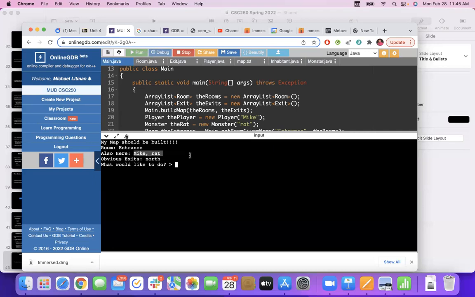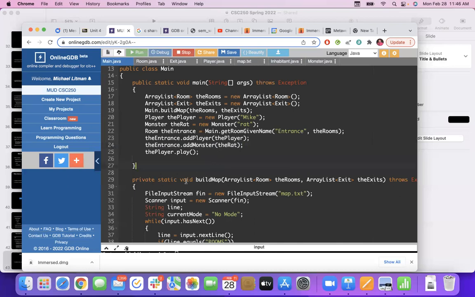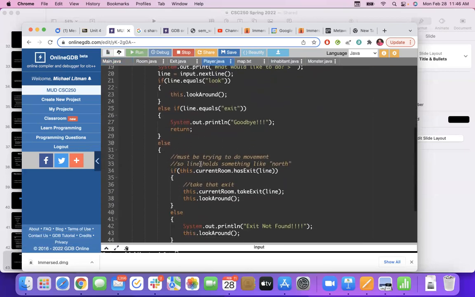But in order to prepare for that, we're going to go ahead and initially give the player the ability to take another thing that's in the room, like a rat, and throw it through an exit, building in the ability for a rat to move from one room to another, except they did it by the hands of a player. Okay. Then we're going to teach them next class how to move on their own. So we want a player